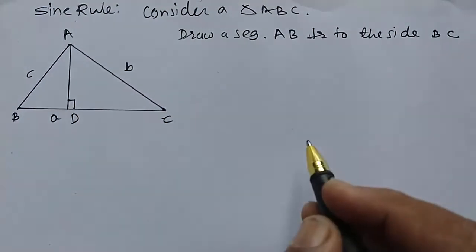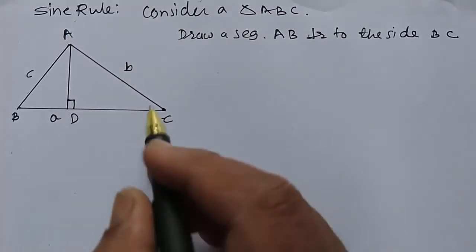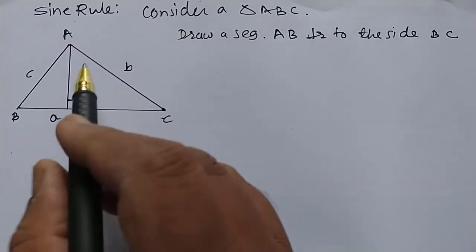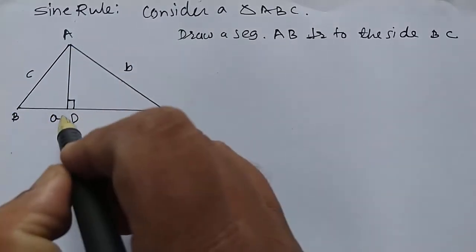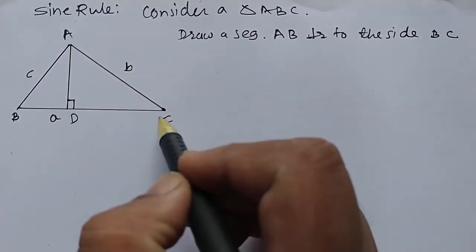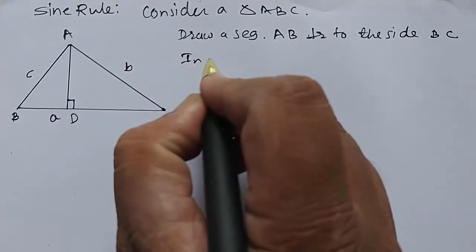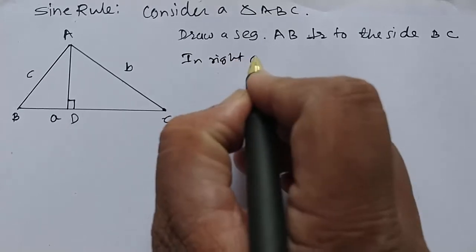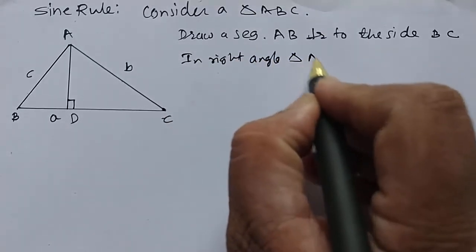It is segment AD perpendicular to the side BC. Therefore, it forms two right angle triangles. One right angle triangle is ABD, another is ADC. In right angle triangle ADC,